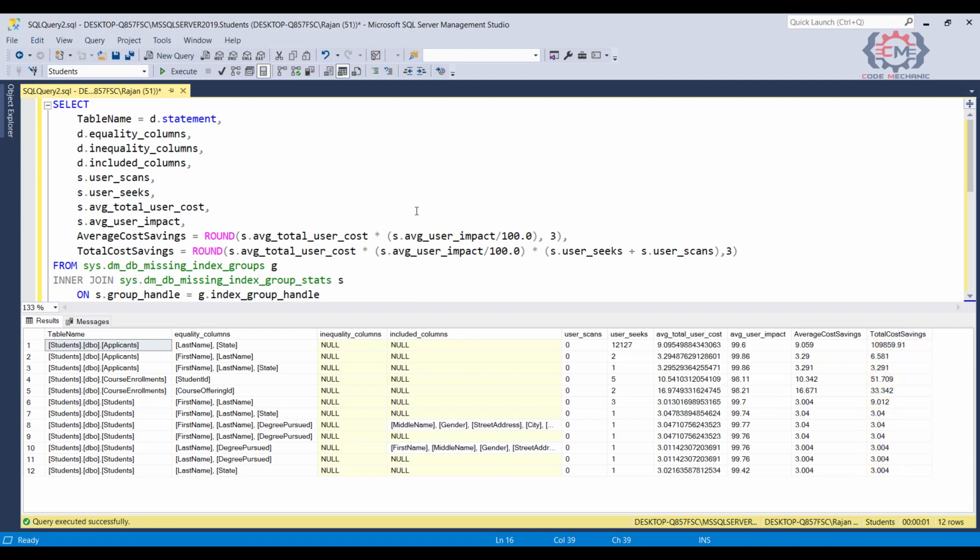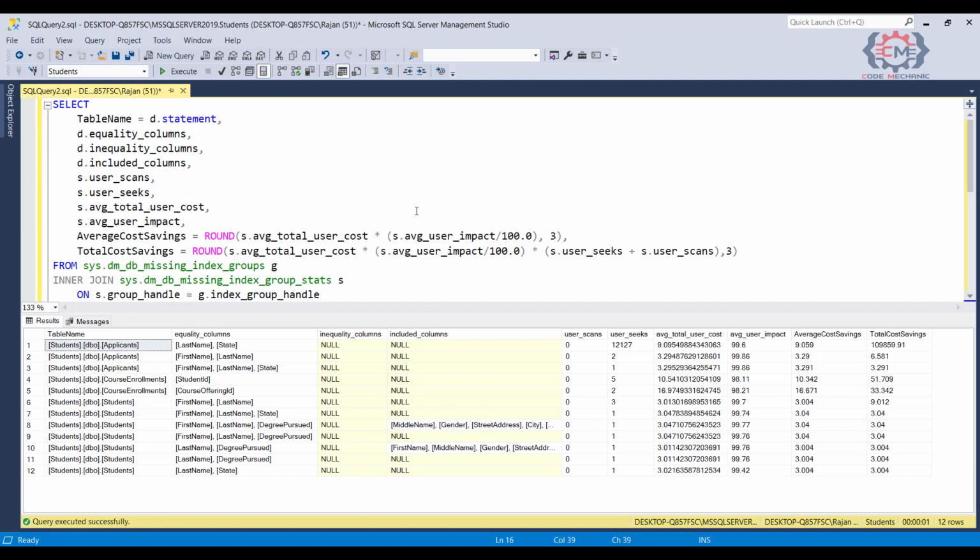So this last value is useful to sort these results to get an idea what the most impactful index to create might be. Now when you run this query and pull this list up, what you don't want to do is just start working your way down the list and creating an index for each row in this result set. This is because SQL Server has a tendency to recommend an index to optimize every individual statement, and if you did that, you would be in an over-indexed situation, which would slow down all your DML statements against your table.